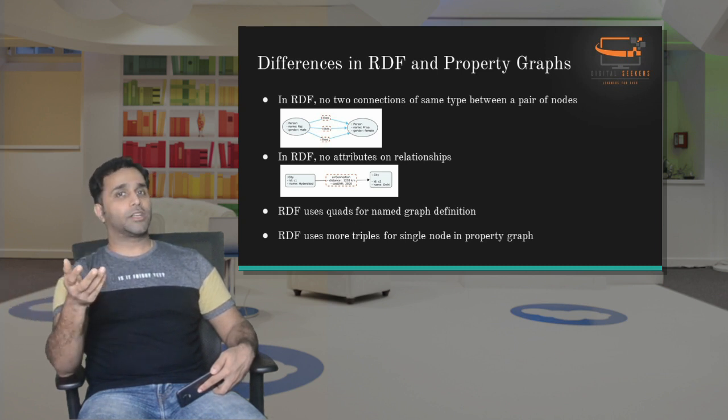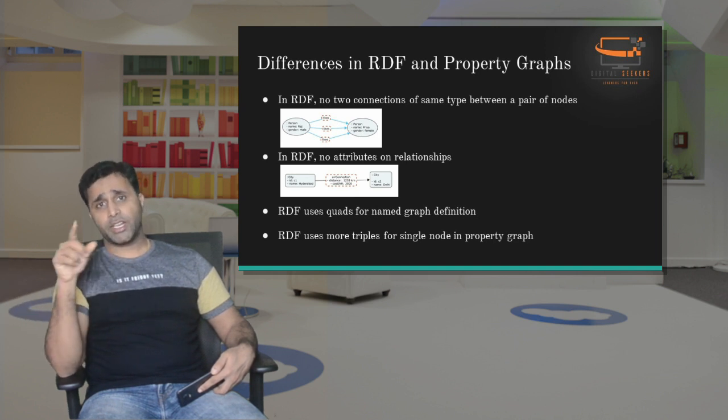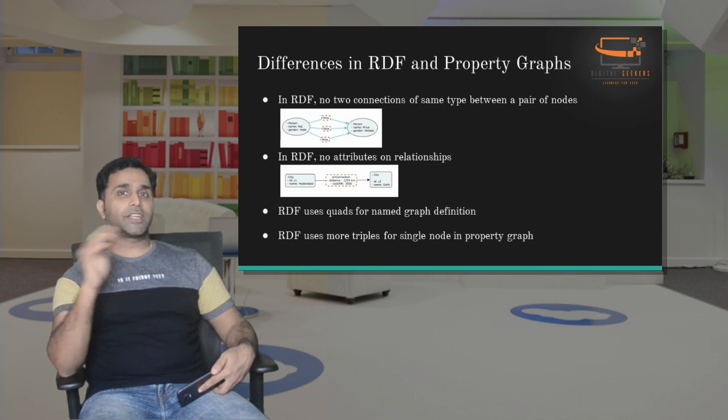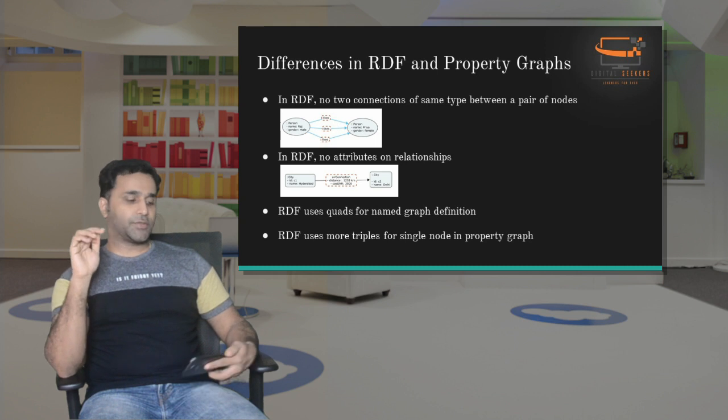You read a book in your childhood and you liked it. Read is one edge, and then you read the same book in your teenage, you read the same book now. So here the reading has happened multiple times. So you cannot represent the reading part multiple times between these two vertices in RDF stores, whereas it is